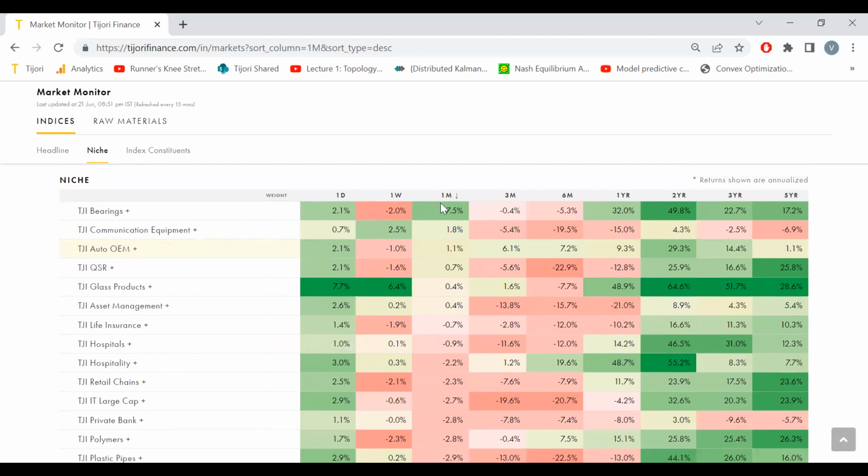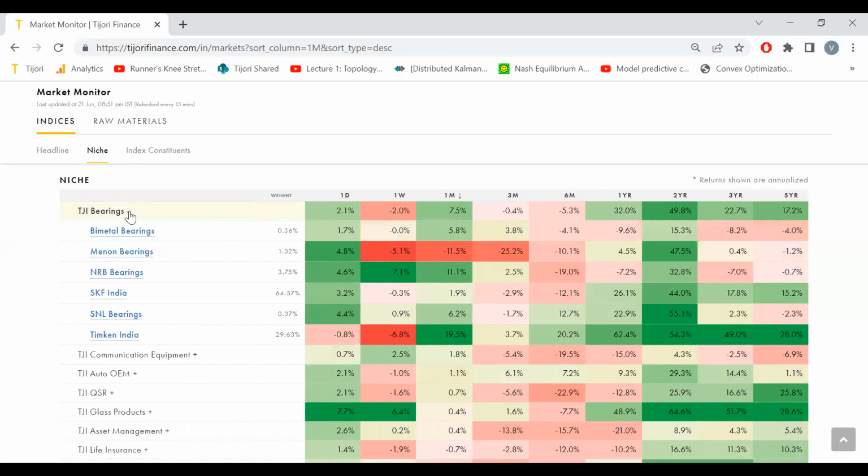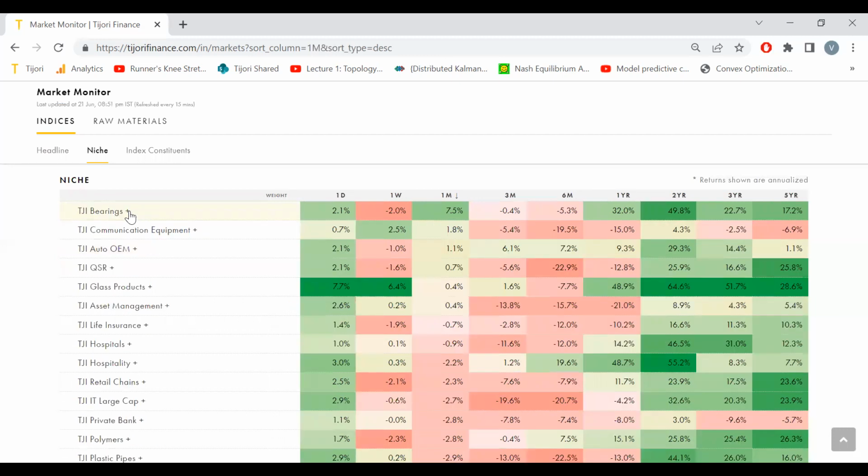So for some reason the stock market is telling us that for the previous 1 month, the bearing index is not going down. Like, last product, it's visible. I don't know why. Last 1 week, there is 7.1%. Glass product. You have glass product. The market is bleeding from the last 1 week, but it looks like it has outperformed.